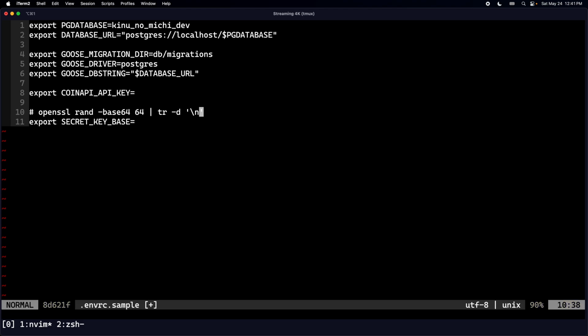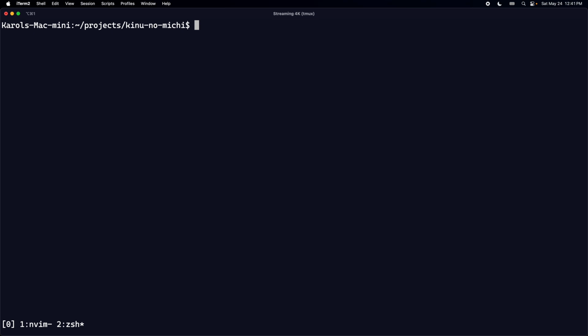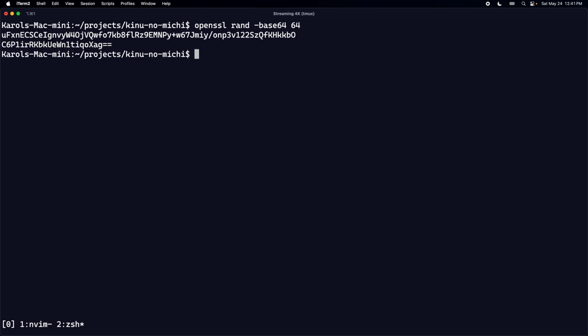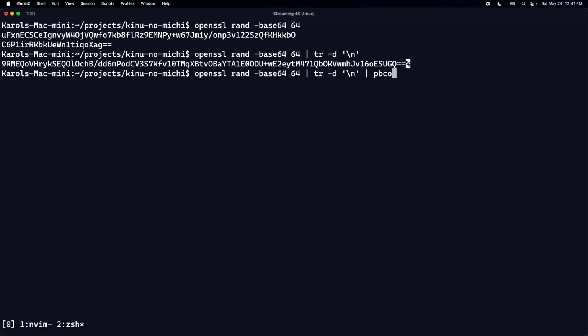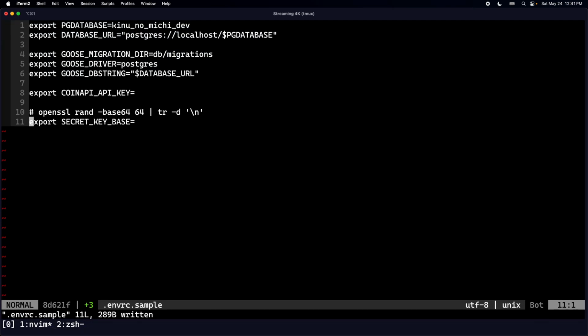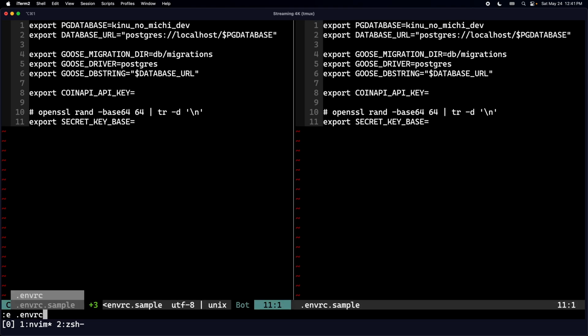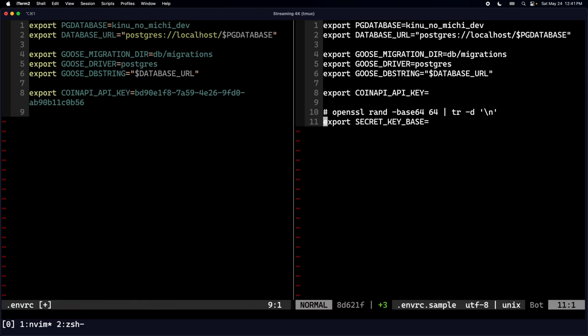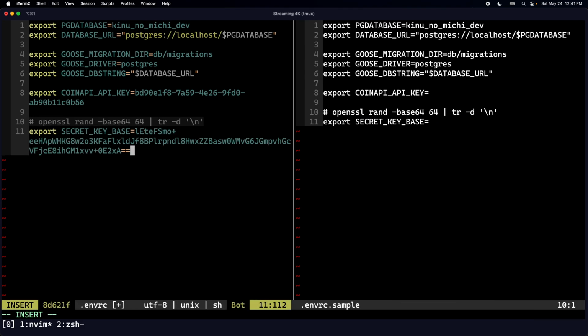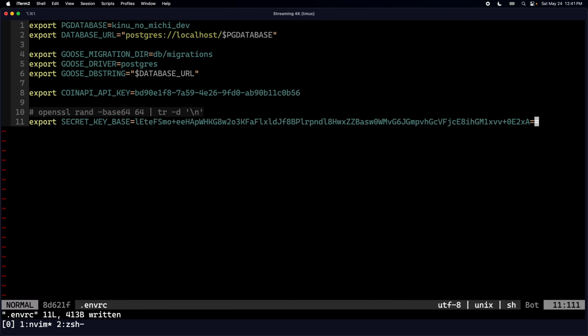So I'm going to generate a variable like this, rand base64, and you can see that there is a line break. So I'm going to remove the new lines, copy it to the clipboard, and then open the actual envrc file I have in here. I'm going to copy this line, and paste the value I have just generated,